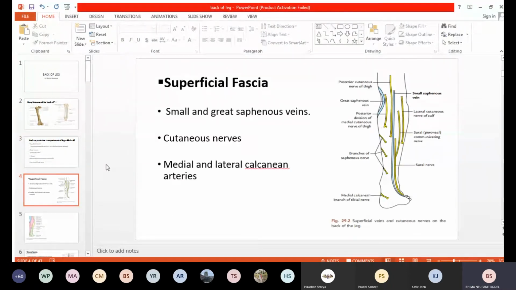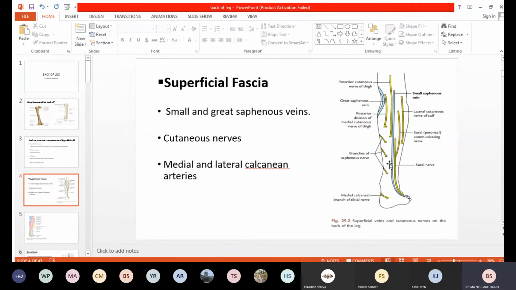So now in the superficial fascia, here you can see there are two veins, blue color you can see. One is the short saphenous vein starting from the lateral side of the foot, you can see this one. Okay, so it is formed by the dorsal digital vein of the little toe and the dorsal venous arch on the dorsal surface of the foot. So it is going upward from, this is the lateral malleolus, so behind the lateral malleolus and extending upward.